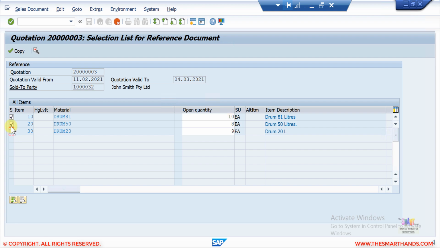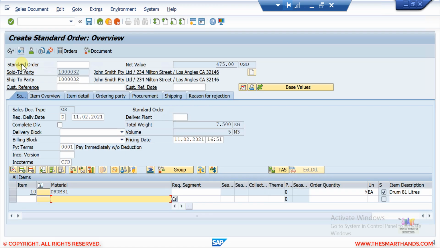For example, I can say I only want to copy the first item, and only 5 of the quantity. If I copy 5, that means 5 is still open for this item, drum 81, because I'm only copying 5 out of 10. Once I'm done, I click on the copy button. Now the system will only copy 1 item and the quantity I proposed, which was 5. And it will also copy the pricing and everything from the previous document. So that's how you can create with reference.